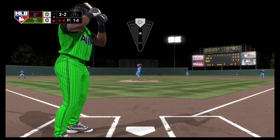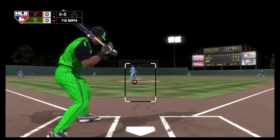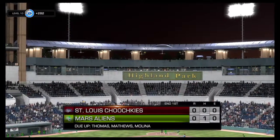These are the great matchups that happen throughout the course of a game. A swing and a miss. That retires the side, and